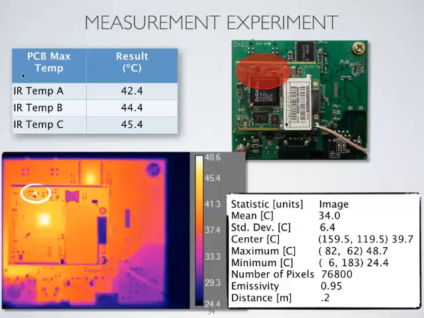And the analysis results displayed here on the right show the corresponding temperature values. The maximum temperature at that spot location is 48.7 degrees C. It took less than a second to find that location and display that temperature value with my T420. Now let's go to our next task. Task number 2,